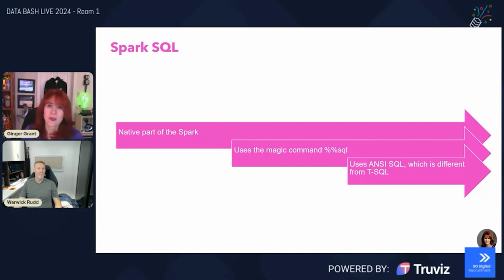So you don't have to necessarily learn a ton of Python. You can do a lot with SQL. Now, unfortunately, it is ANSI SQL, and ANSI SQL is not the same as T-SQL, which, of course, if you grew up in a SQL Server environment, you may be more familiar with. But hey, that's what AI is for, to easily convert that over. If you write it inside of T-SQL, you can have Copilot change it to Spark SQL for you.